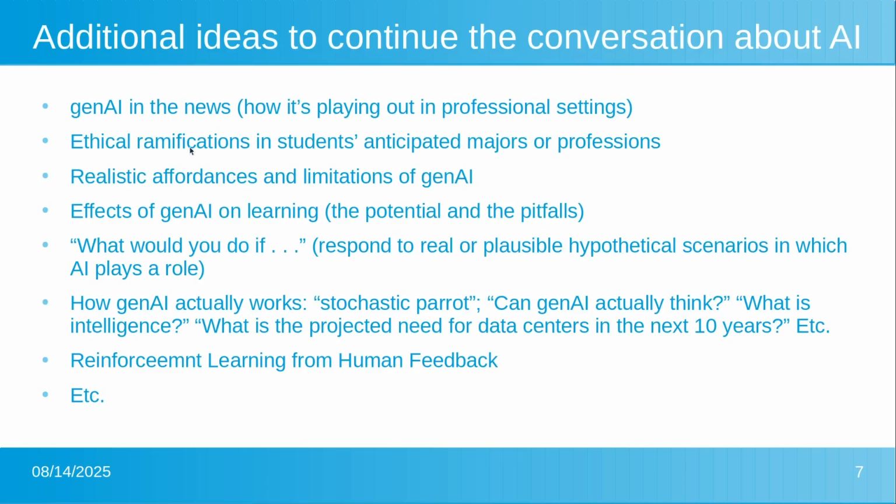That reinforcement learning from human feedback one, one thing that genAI models do is there are people behind them that are, for lack of a better term, trying to break them in certain ways, trying to get them to do certain things to see if they will or they won't, make really wild claims or hallucinate or things like that. That's my understanding of it, that there are people doing that kind of work, and that's that reinforcement learning. So the AI is getting feedback from humans. That's what that means. But just different ways in which to help us understand how AI works.